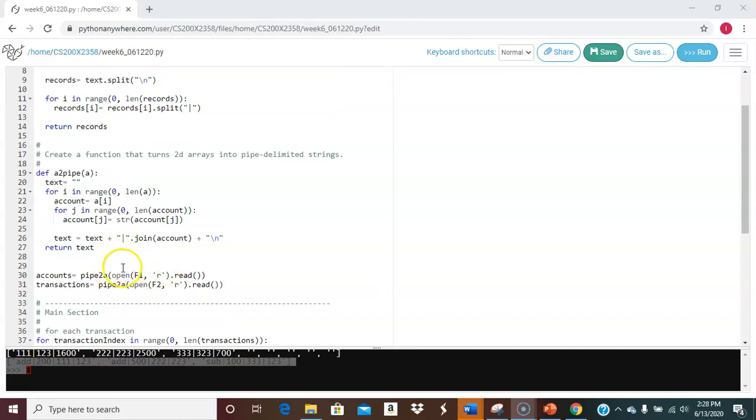So here we have our handle to that file, and we're going to execute the read method on it. So here's the structure where we open the file, it's ready, and we can execute the read method on it. After that method is executed, we've read the entire contents of the file, and as discussed in the first video, we can put the entire contents of the file in a variable. In this case, we're going to take the entire contents of this file and we're going to pass it to